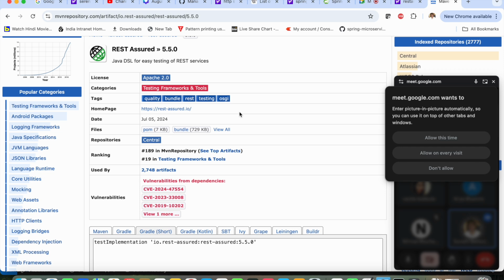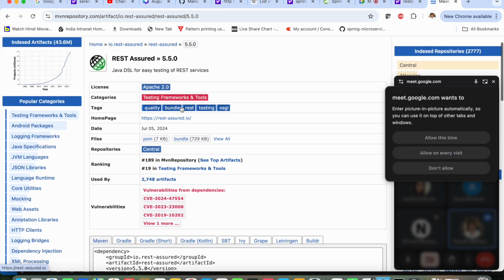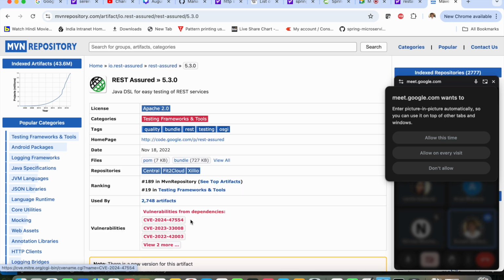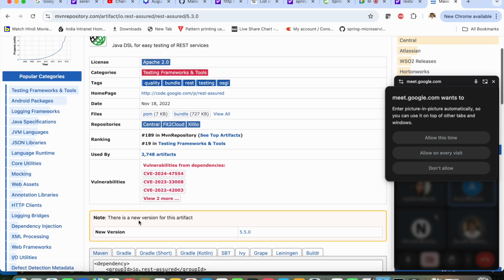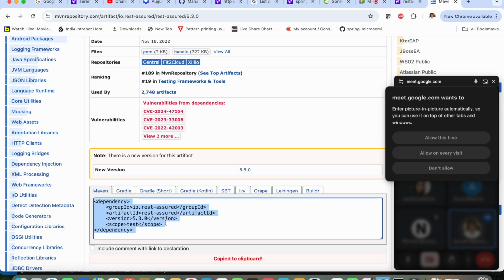For our local we can use this RestAssured. Just go to Maven. 5.5.0, or let's say any previous version might be better. Let's say 5.3.0. Oh, there is also vulnerability. Anyway, we can use this with vulnerability, not a problem. Let's use this 5.3.0. Copy this dependency, I am putting it in the chat,